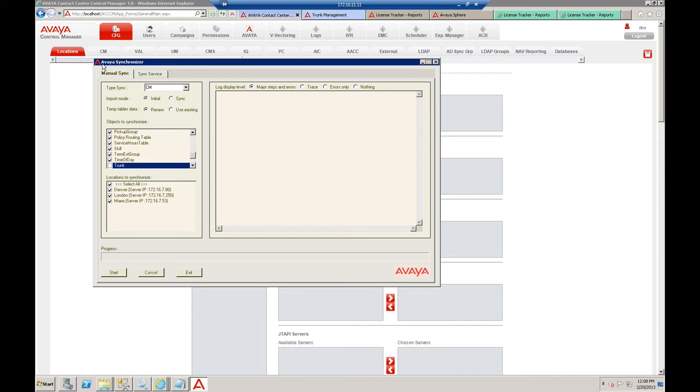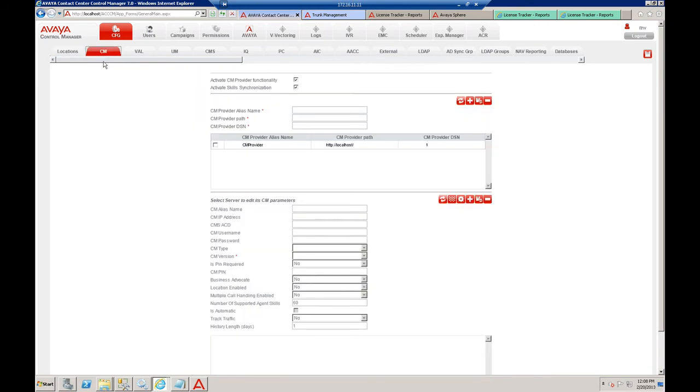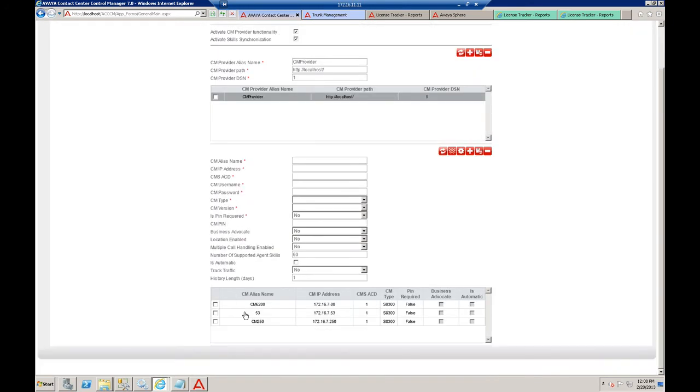The sync service does not support trunk synchronization. The sync application is the only component within the platform that supports synchronization of trunks. So we need to use the application rather than the service to synchronize trunks into the environment. Then we want to either modify or just create a new communication manager and choose whether it's going to be monitored or not, and what the history length will be. Then we're going to choose what trunks we are going to monitor or measure in the environment